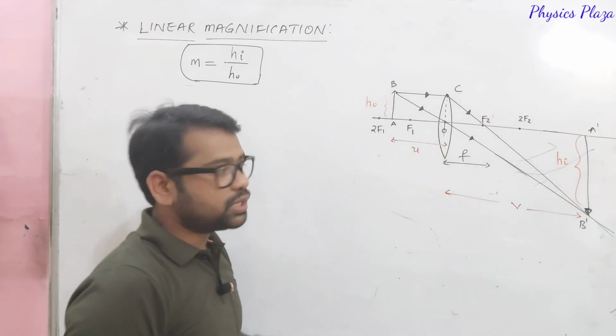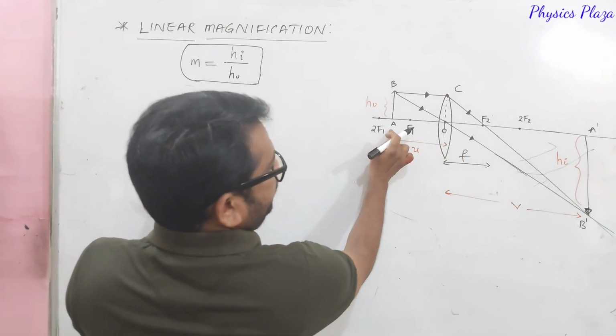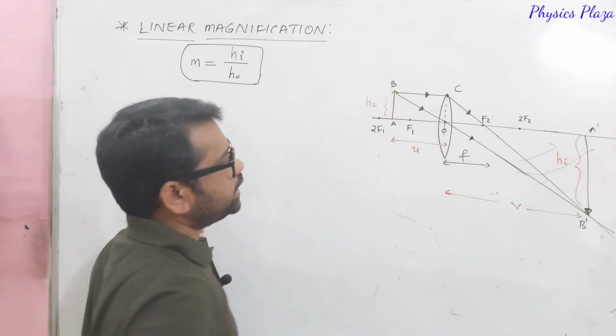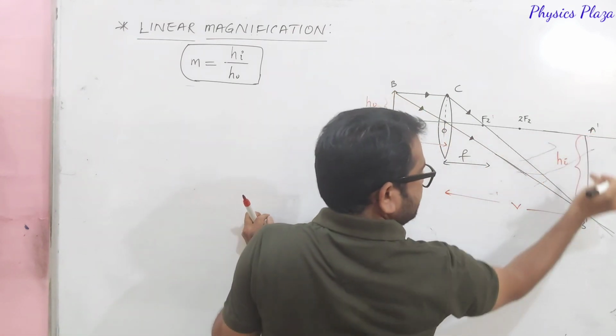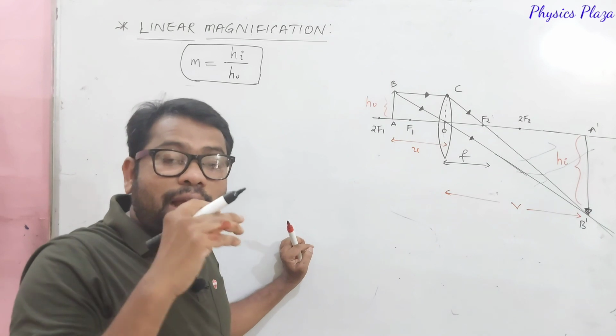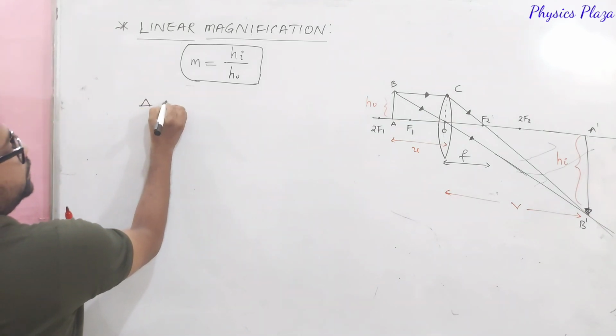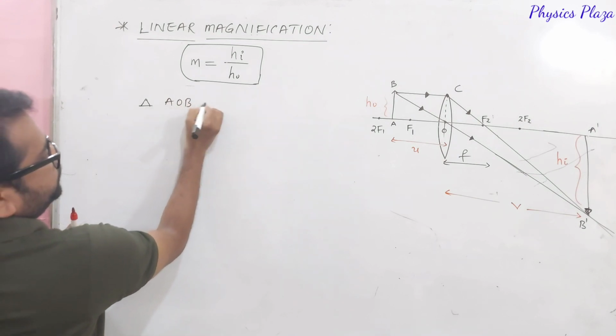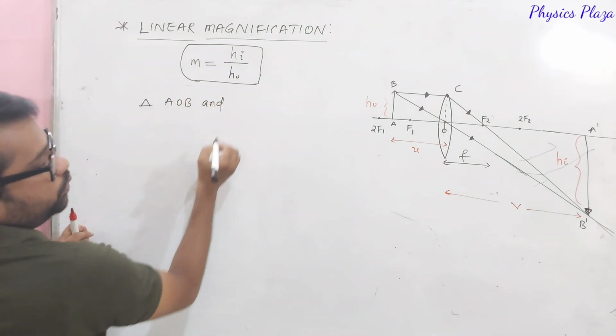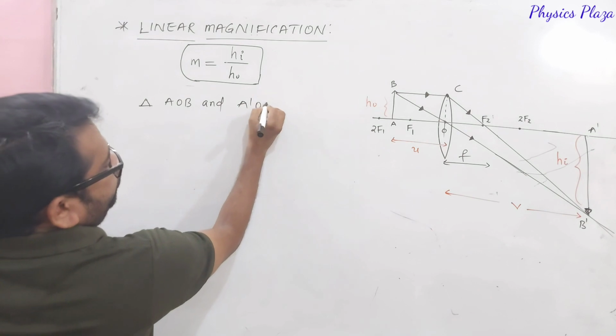From this diagram, dear children, AOB is one triangle and OA dash B dash is the other. These two are similar triangles. So from the triangles AOB and A dash O B dash, we can say